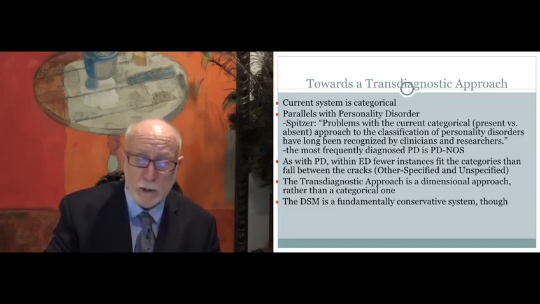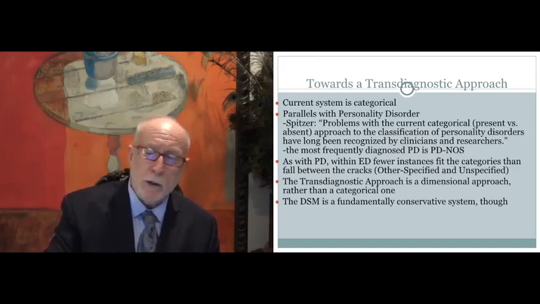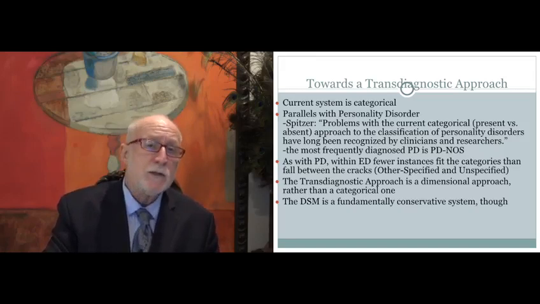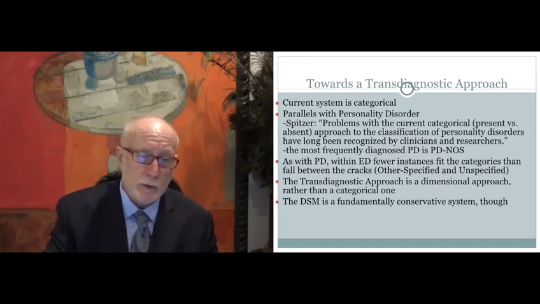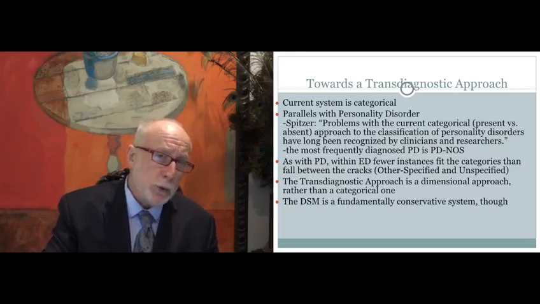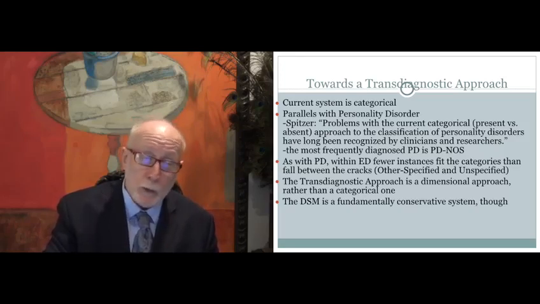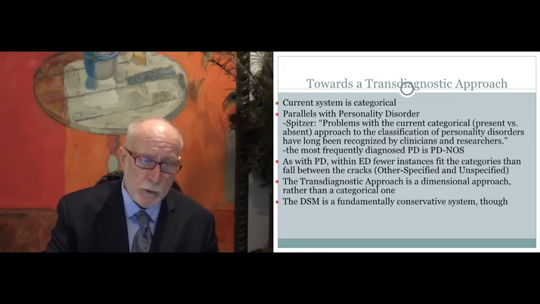In the case of personality disorders, for example, there are 10 recognized categories of personality disorders, but the most commonly conferred diagnosis in personality disorders is in truth PD-NOS, personality disorder not otherwise specified. In other words, there are more cases that don't fit the rule than do fit the rule. The same is true with eating disorders. Until the DSM-5 sanctioned binge eating disorder, between two-thirds and three-quarters of all eating disorders were EDNOS, eating disorder not otherwise specified. They weren't anorectic and they weren't bulimic, they were something else. Well, it's a problem when you have a categorical system in which fewer things fit those categories than don't fit